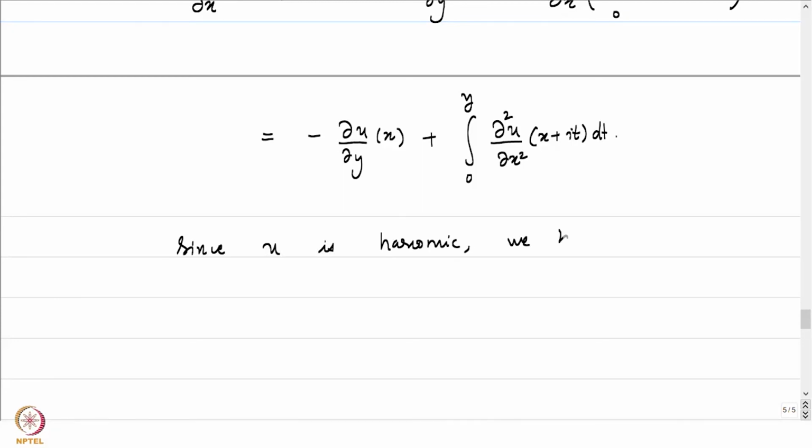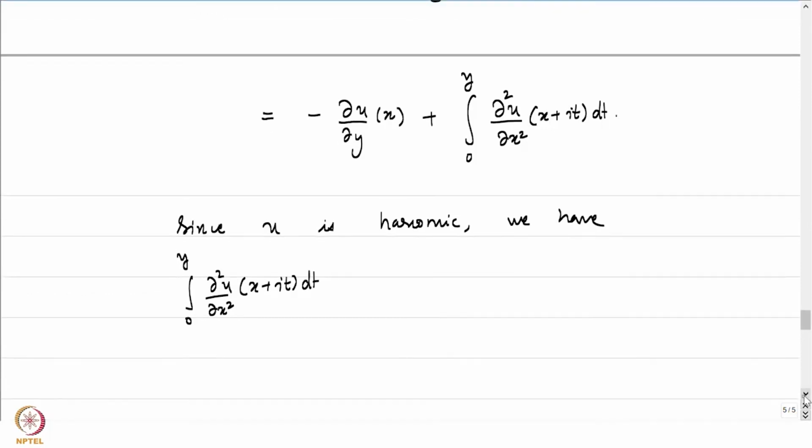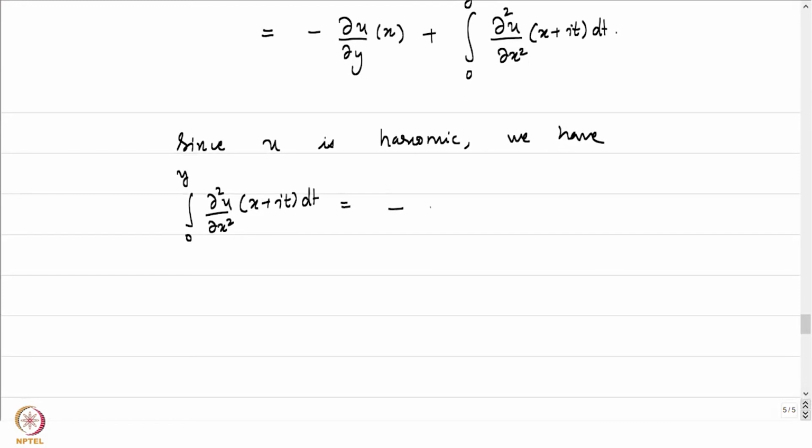we have integral 0 to y ∂²u/∂x² at the point x plus it dt. This is equal to minus of the integral from 0 to y of ∂²u/∂y², because ∂²u/∂x² plus ∂²u/∂y² is 0. And